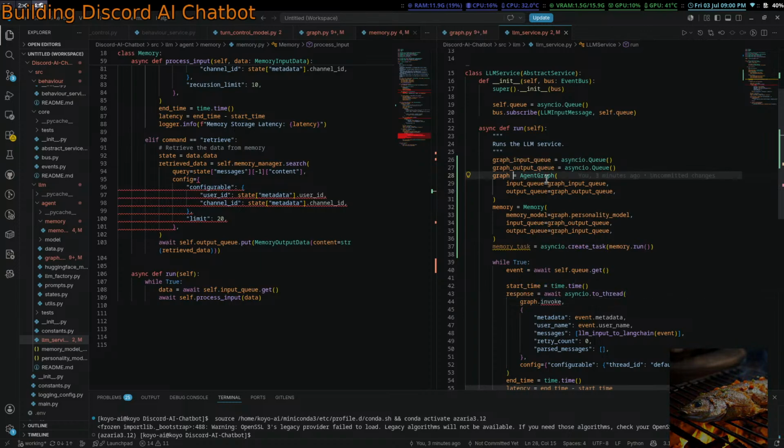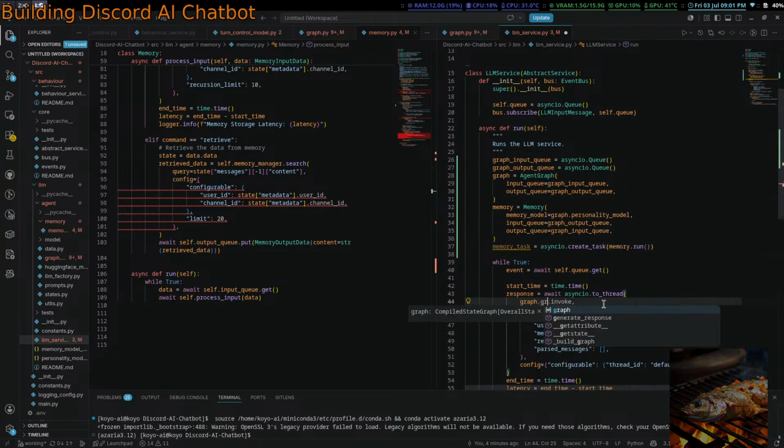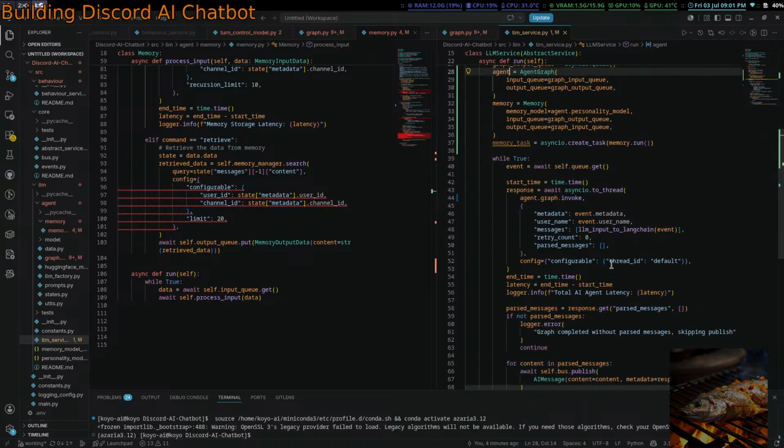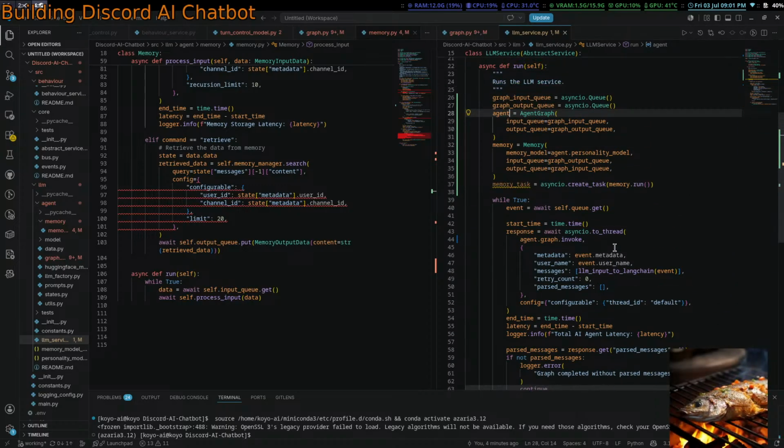Graph.invoke equals agent graph dot graph, right? Oh, graph dot invoke. Okay, agent. Okay.